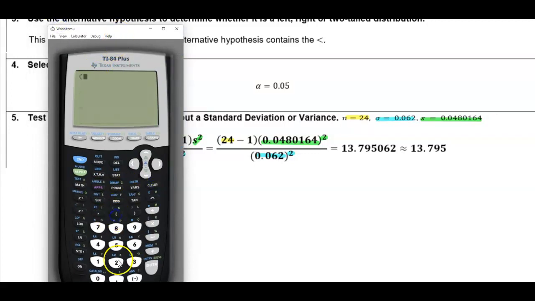So we have parentheses 24 minus 1 times, and so we're going to open up another parenthesis and put in our standard deviation of 0.04806164. And then we're going to square that result, and this is going to be in the numerator, so we're going to press enter, and that's the number in the numerator, and then we're going to divide it by parentheses 0.062, and then we want to square that, and then we get